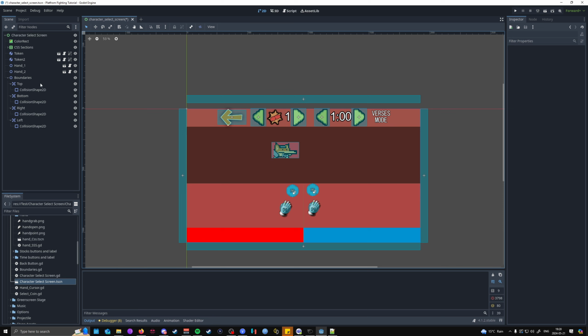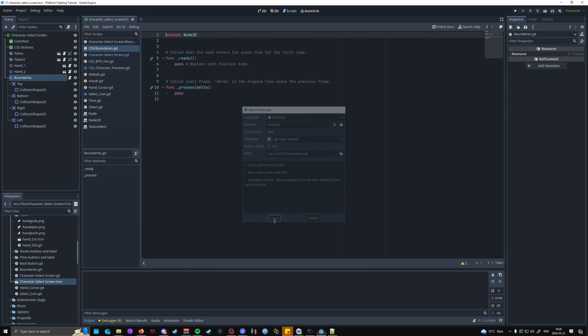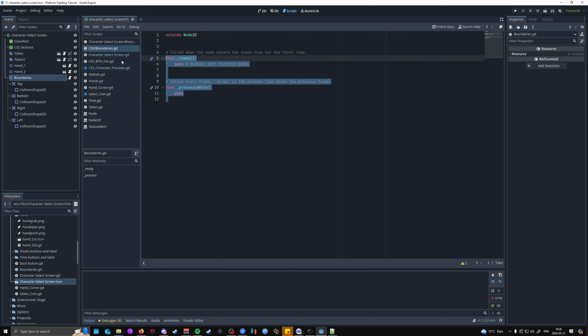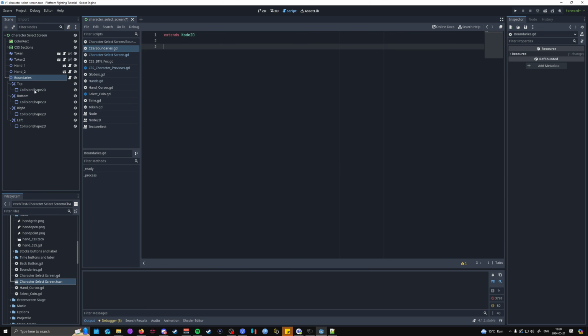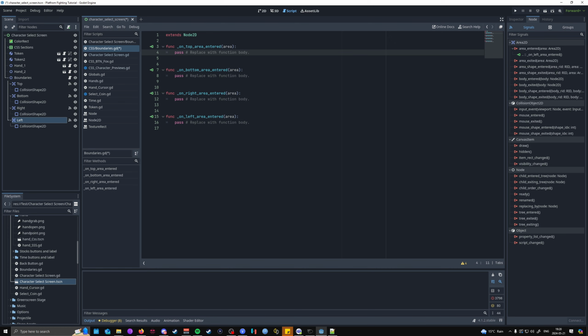So what you want to do from here is go to Boundaries and add a script. So we're going to add a script over here. You can call it boundaries.gd, create it, and you can get rid of all of this. And what we're going to do is connect signals from each of these Area2Ds. And then in each of these, you want to get rid of the pass,